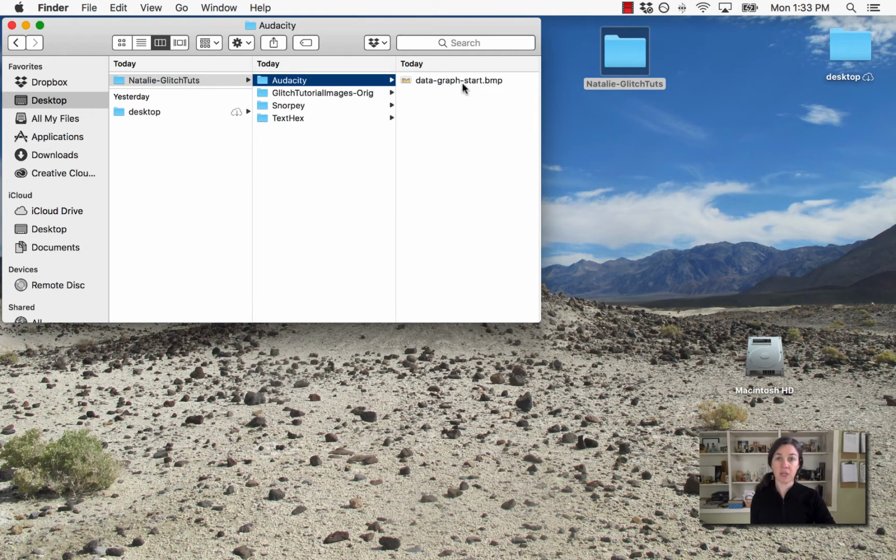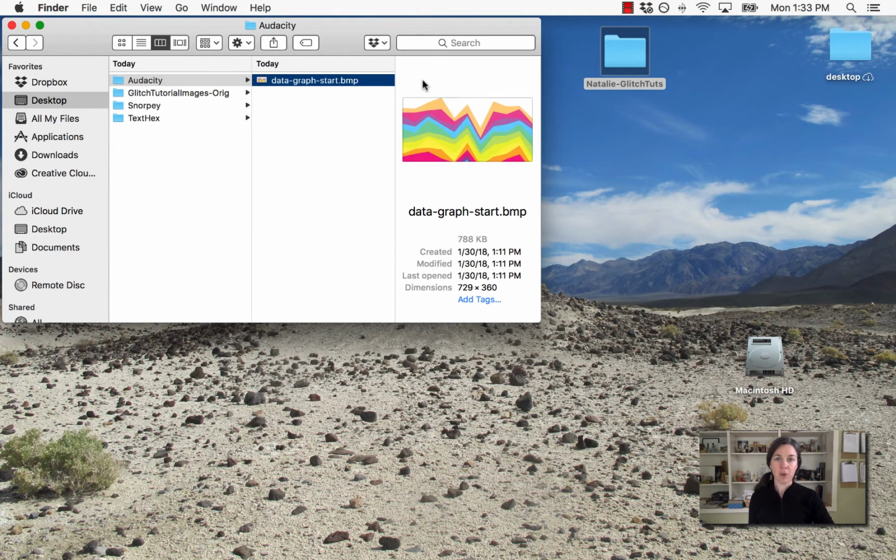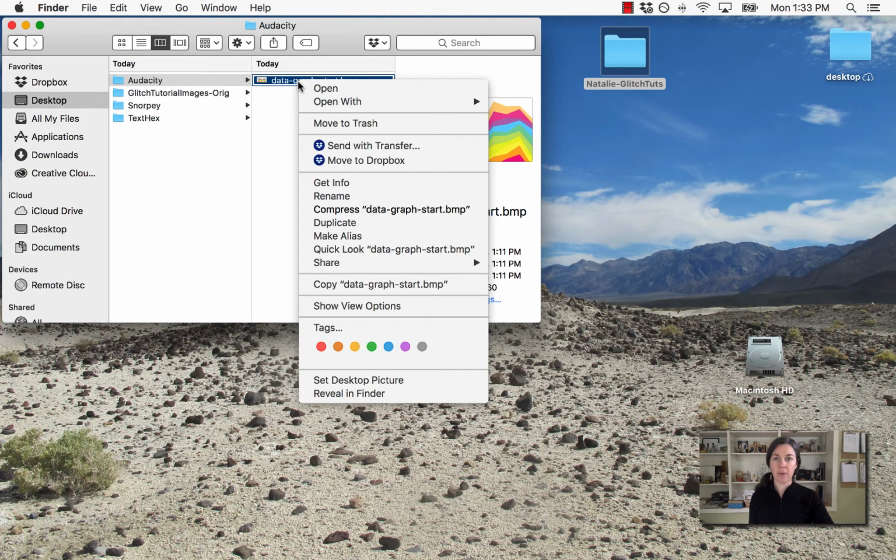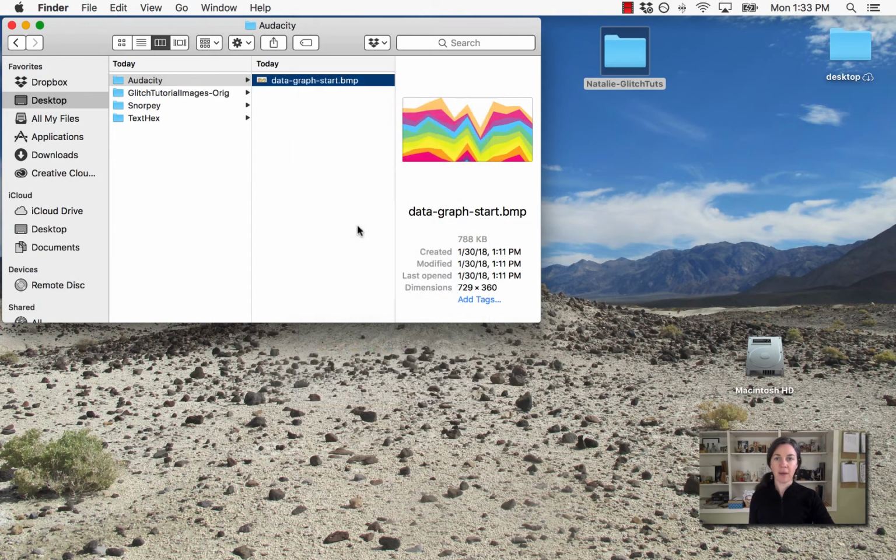It's called Datagraph Start. I'm going to go ahead and just duplicate that right now and change the file name to reflect this project in this tutorial. So I'm going to right click on that, and I'm going to go in and duplicate that file. And when it shows back up, I'm going to change the name, and it's going to be your name. So mine says Natalie, audacity1.bmp, which is kind of an